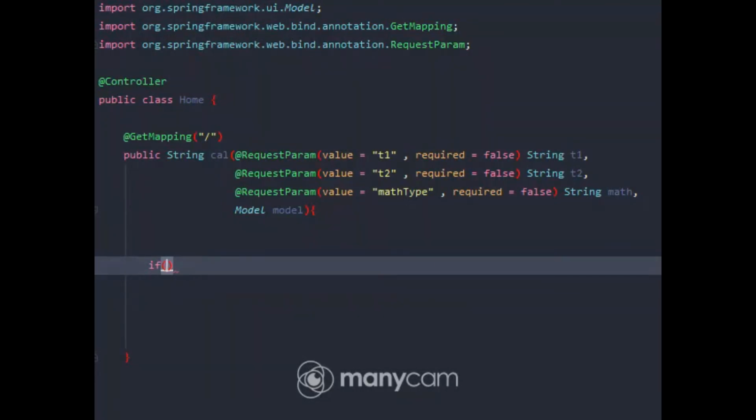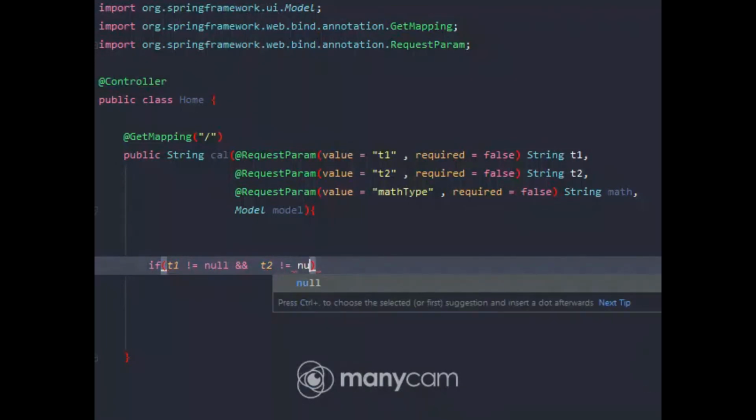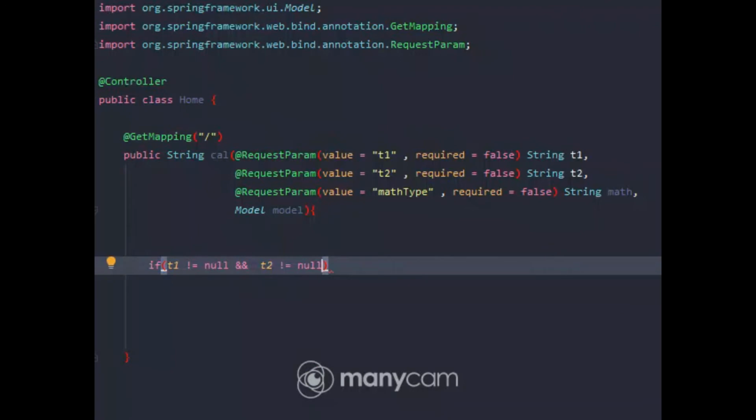I'm gonna tell them if first number, that's T1, is not 0, and it's expected that you know all about Java logics and methods and statements, operators, and them. Really, I don't like to explain. Okay, if number 1 is not 0, and number 2 is also not 0, I invite a null pointer exception if I make any logic flow,